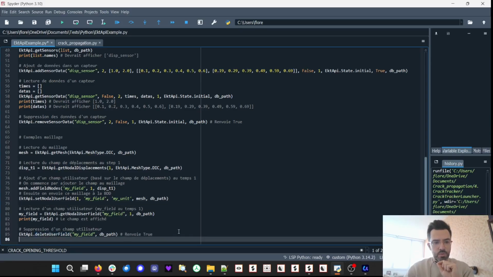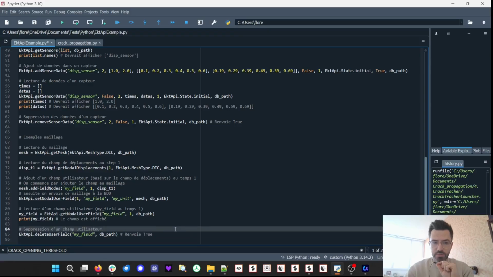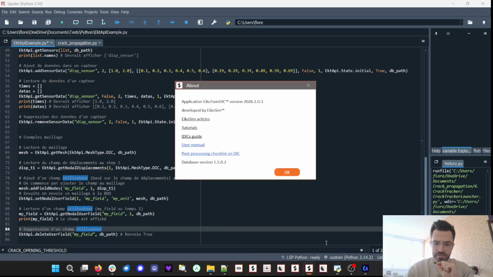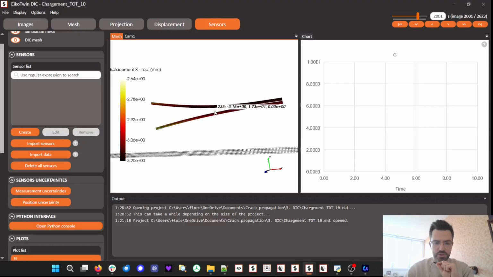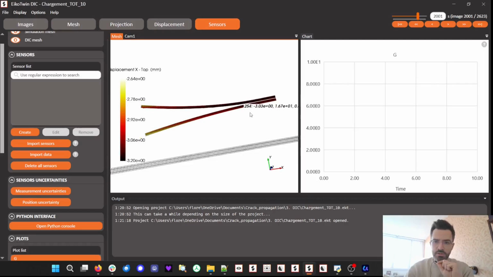So what can you do with these functions? You might already have ideas, actually. The first idea that we had was to adapt one of the scripts that we had for crack propagation monitoring. So I have this project here about a crack opening, which has, admittedly, maybe a lot of images, maybe too many images,